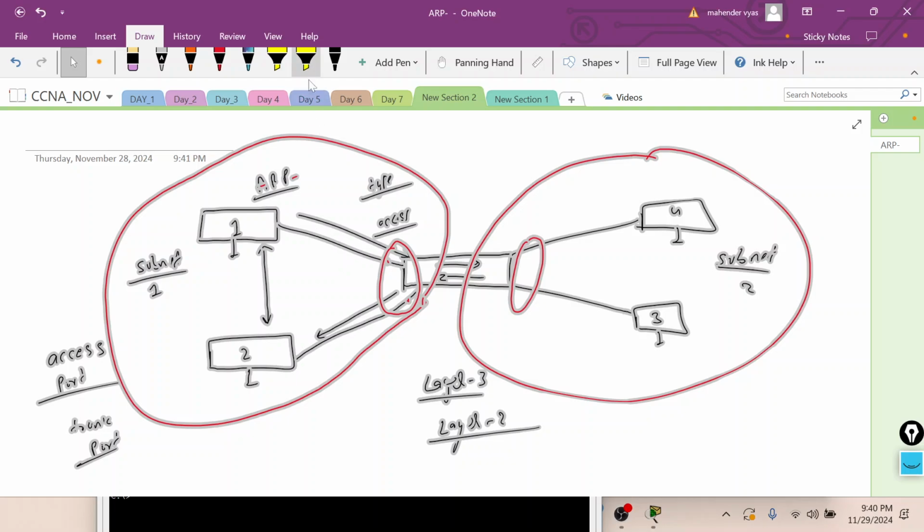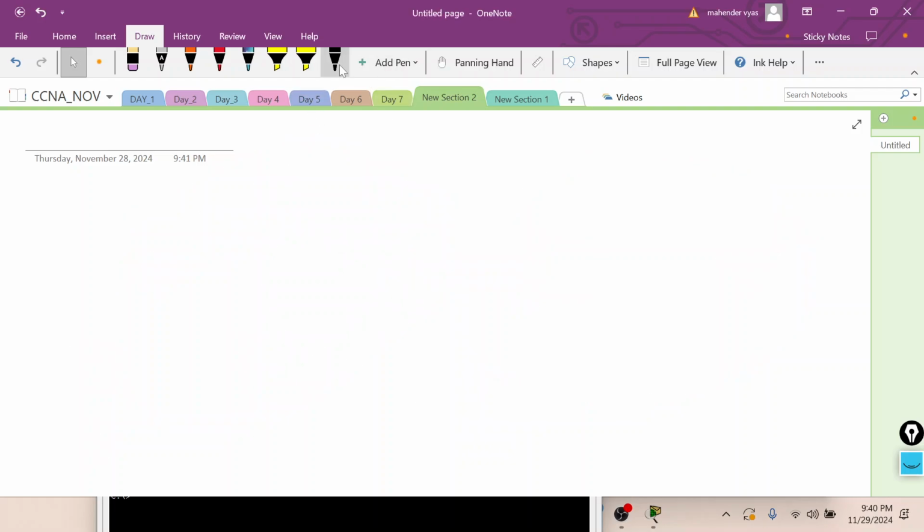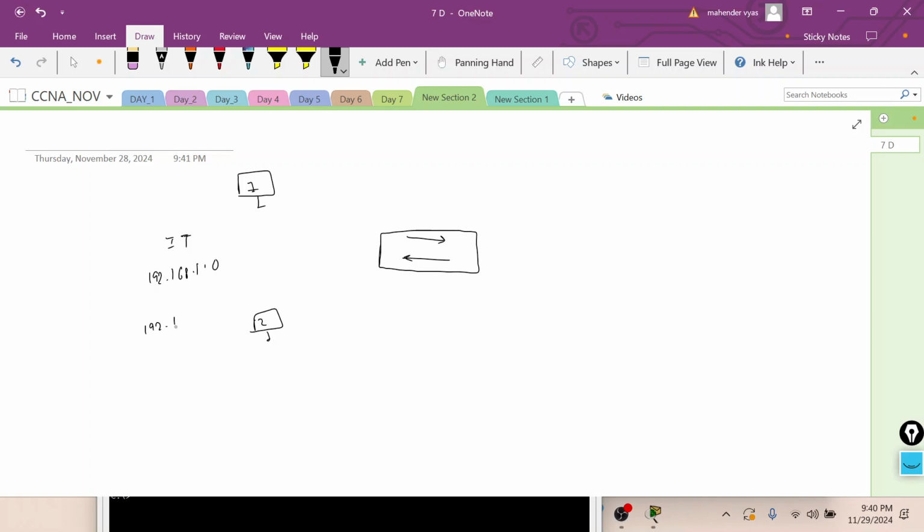See, previously also we had the same IPs, right? This was the PC, this was our switch. Before creating VLANs, we had four PCs, right? PC1 and PC2 were part of the IT network, 192.168.1.62 and 192.168.1.63. This was dot 1, this was dot 2.